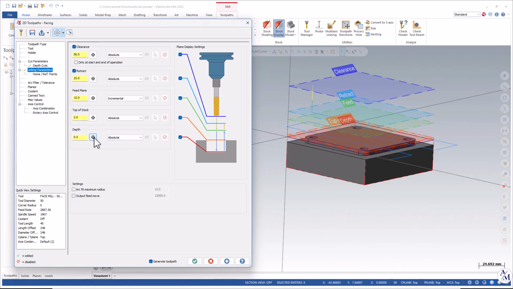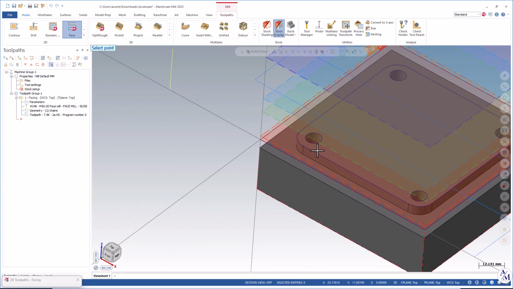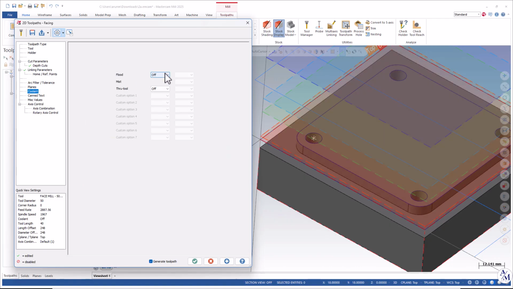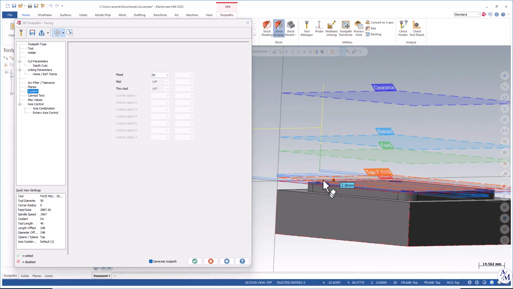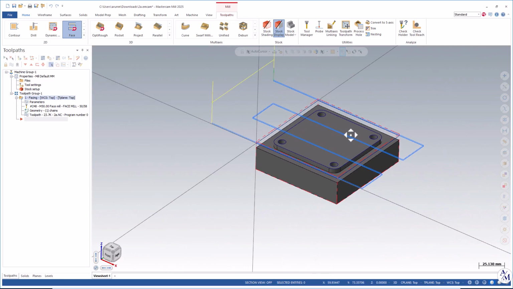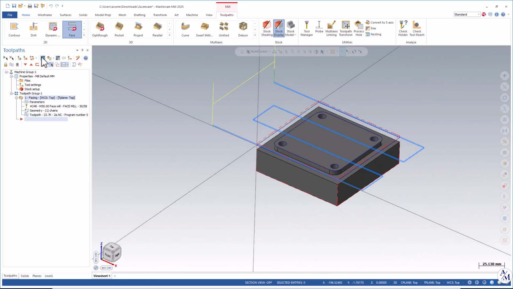If you have any doubt, you can just go here and select any surface over there. See, it will be selected also. Now the coolant must be on. We are cutting metal. Again, you can see the toolpath. Click OK. So once you are done with this one, you can check the backplot and double check whether